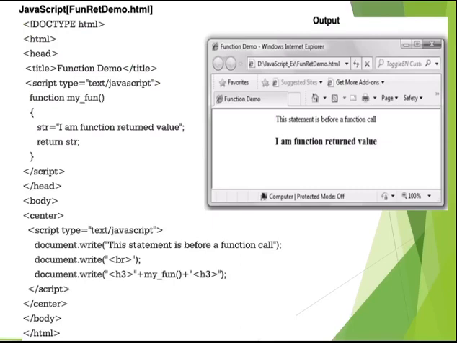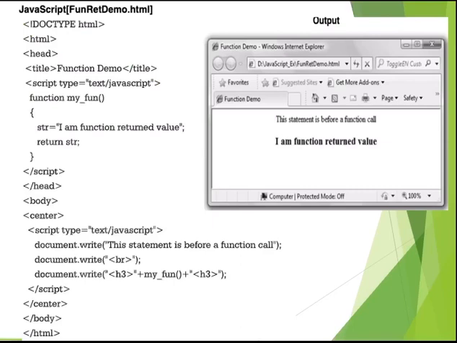Then open the curly bracket of the function. We are declaring one variable. Here the var keyword is not written, you write the var keyword over there. Var str is equal to I am function returned value. So the value of the str variable is I am function returned value.